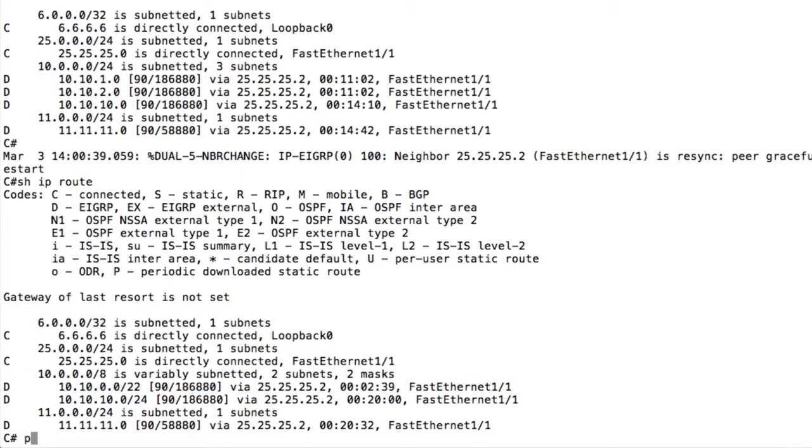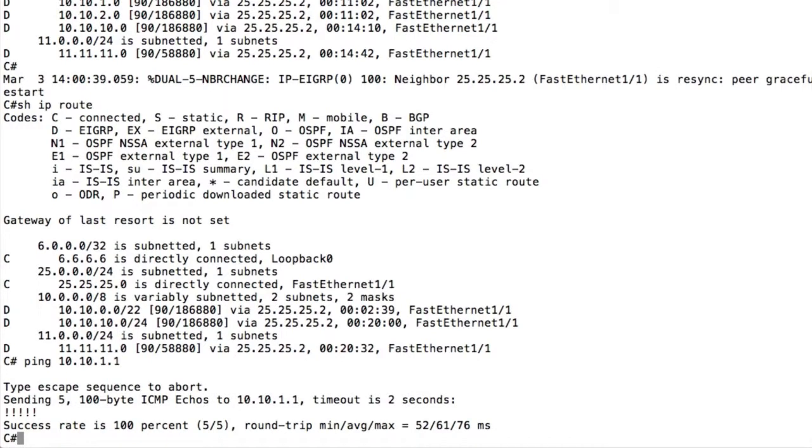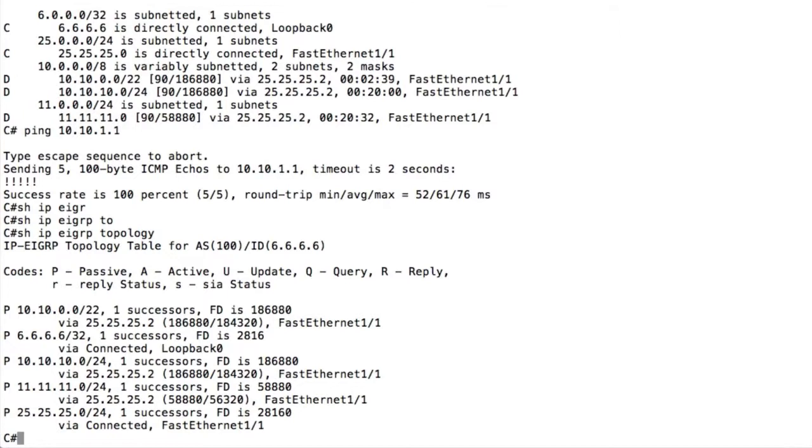And we should have connectivity. If we do ping 10.10.1.1, I think we have connectivity. So we have summarized that. And if you look at it in the topology table, it's going to follow the exact same rules in the sense that we're going to get an advertised distance from router B. Router C is going to add the cost that it has to reach router B. And exactly the same, just the way that we have in EIGRP to do manual summarization,